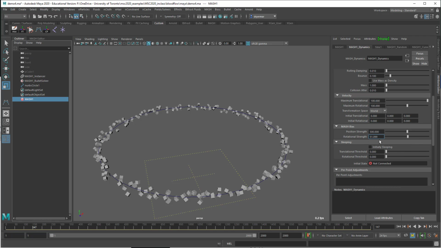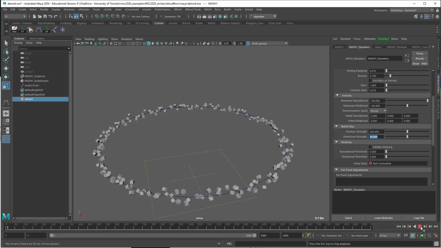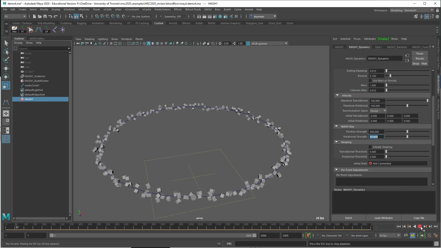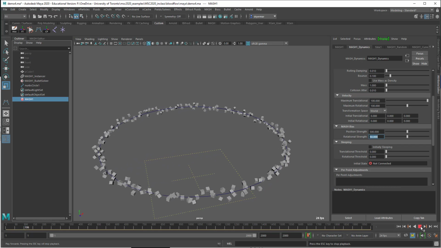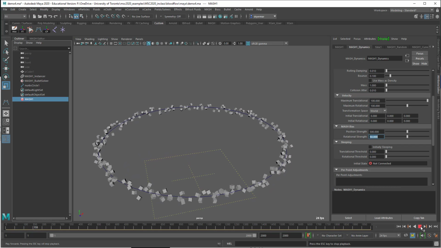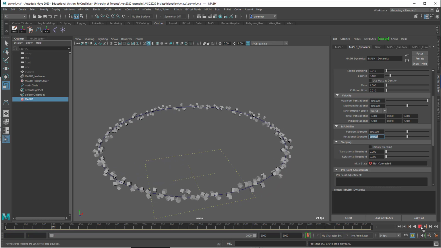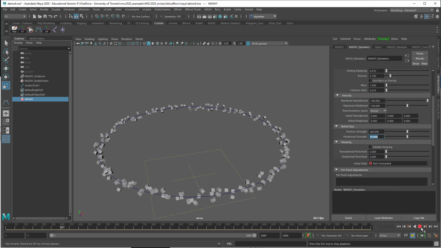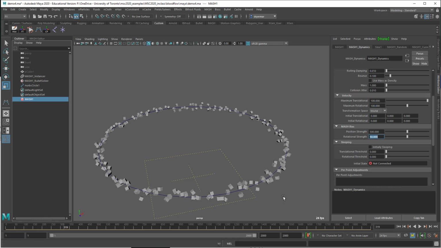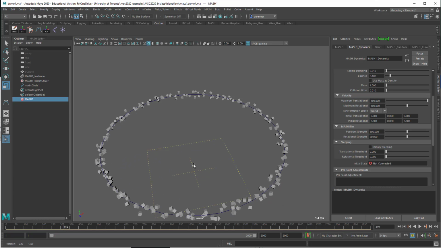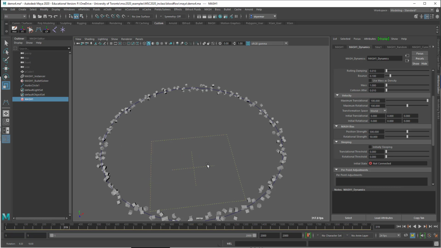So maybe we want it to be sort of 50-50. So there's nothing really acting on the rotation initially, so it's just going to be the dynamics here, but it's damped down to a certain degree because of the bias towards Mesh. Okay, so now we've got our particles flowing